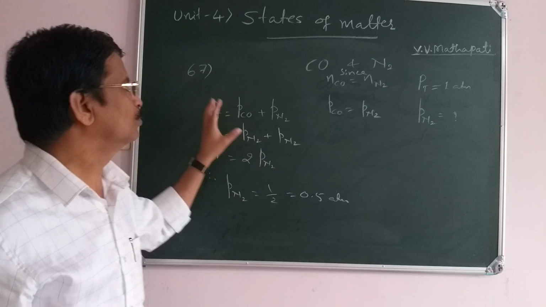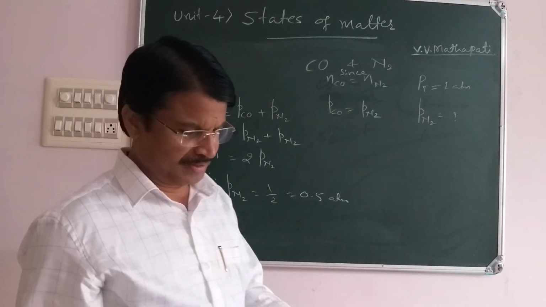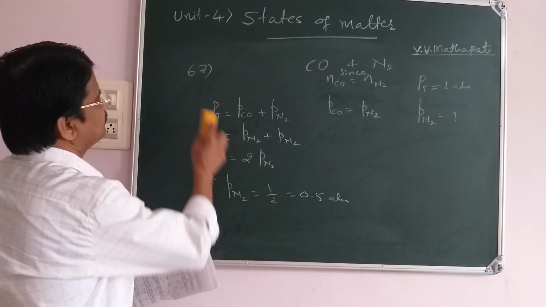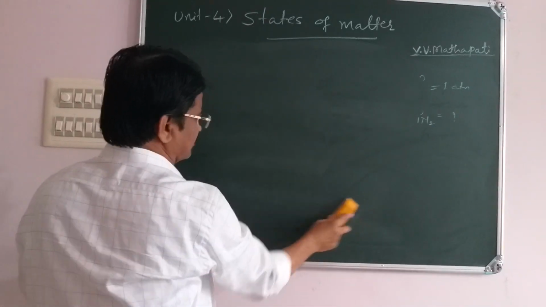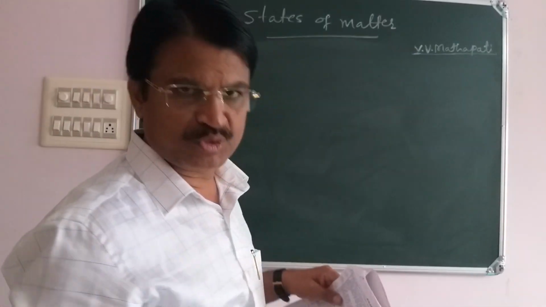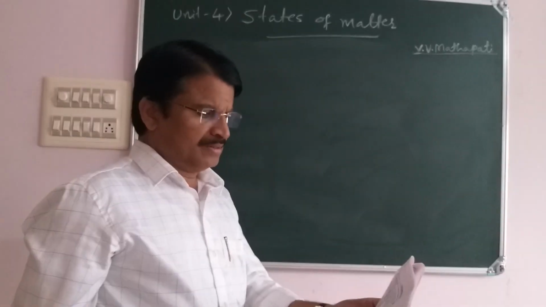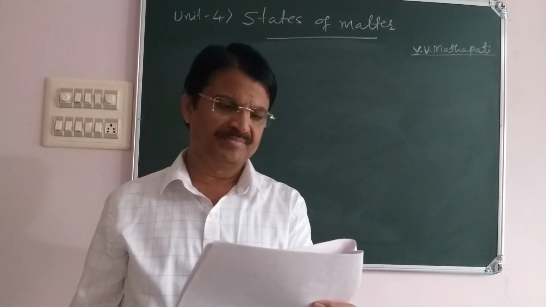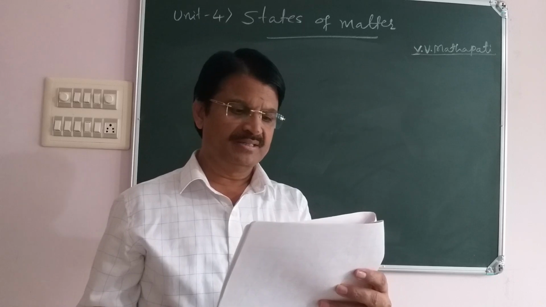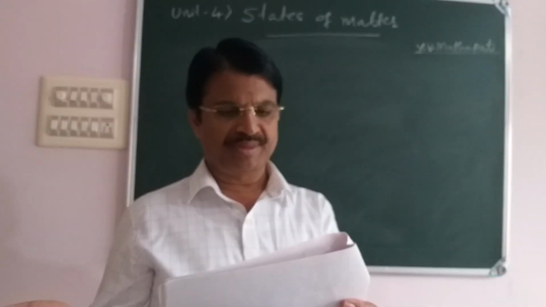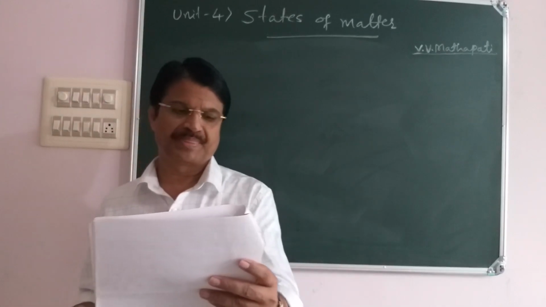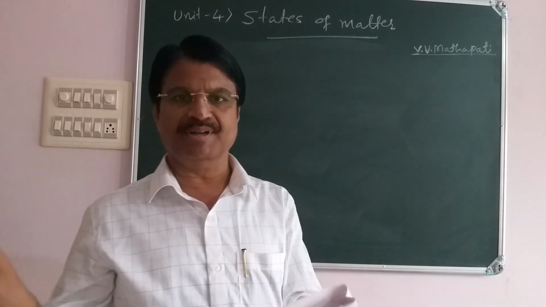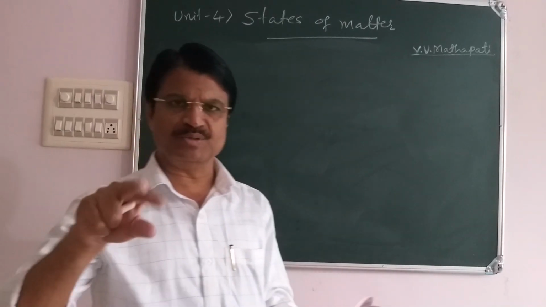So this is an important method to solve questions on partial pressure. Next, question number 68. 50 ml of each of gas A and B takes 150 and 200 seconds respectively for effusing through a pinhole under similar conditions. If the molecular mass of gas B is 36, the molecular mass of gas A will be? Effusion and diffusion are the same.